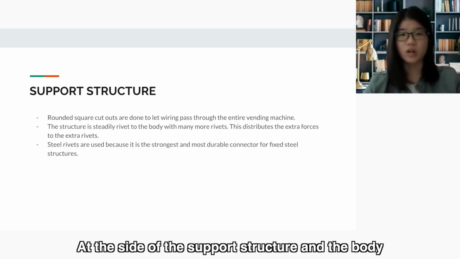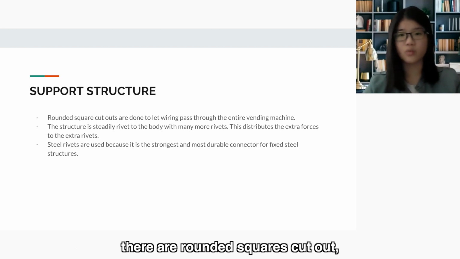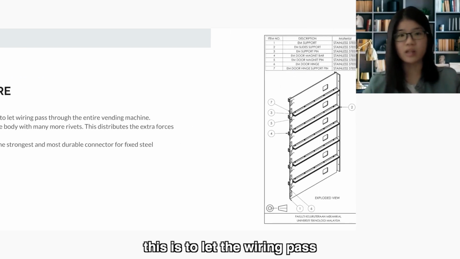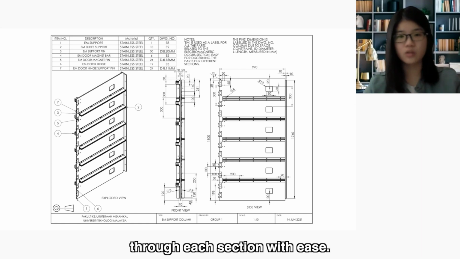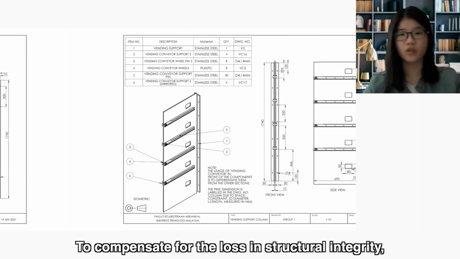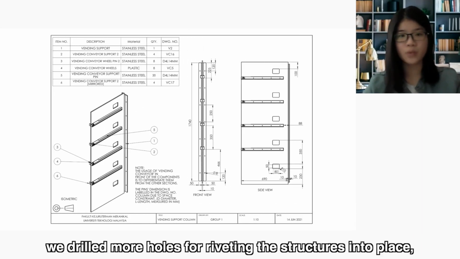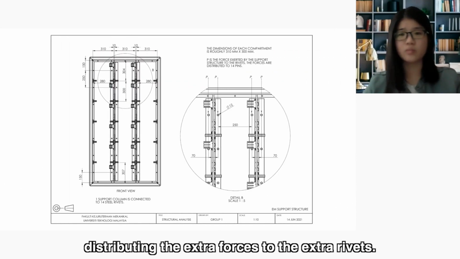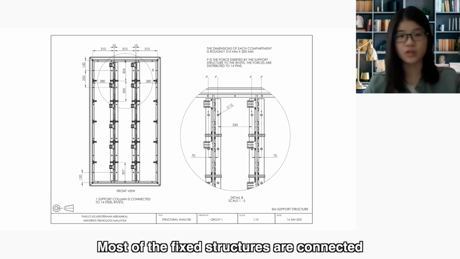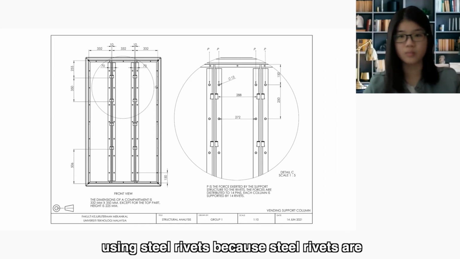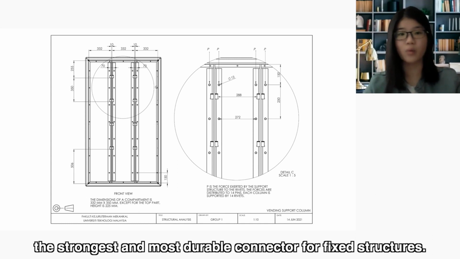At the side of the support structure and the body there are rounded square cutouts. This is to let the wiring pass through each section with ease. To compensate for the loss in the structural integrity, we drill more holes for riveting the structure into place, distributing the extra force to the extra rivets. Most of the fixed structures are connected using the steel rivets because steel rivets are the strongest and most durable